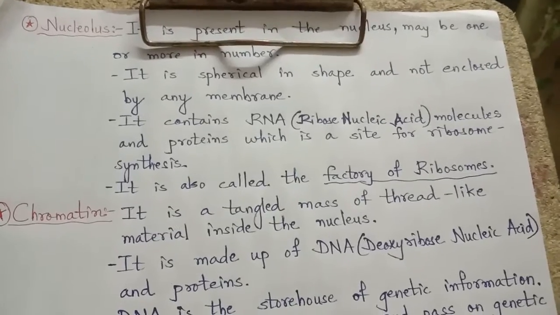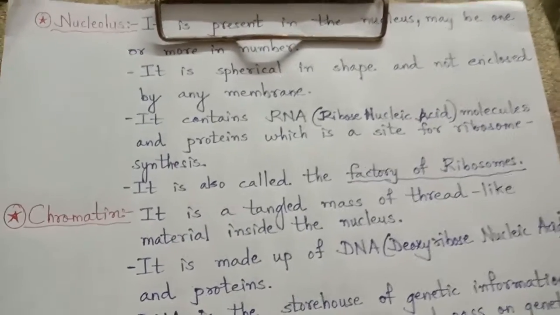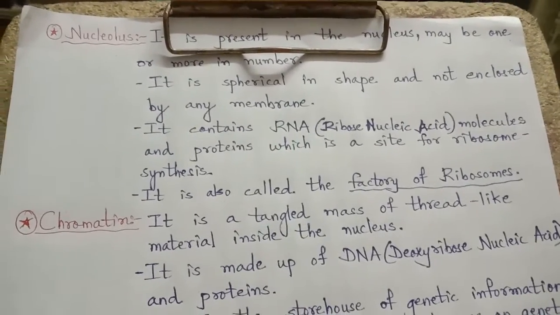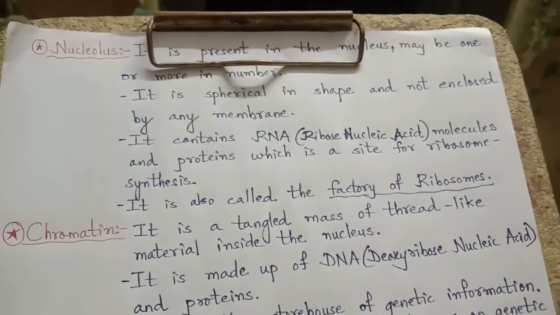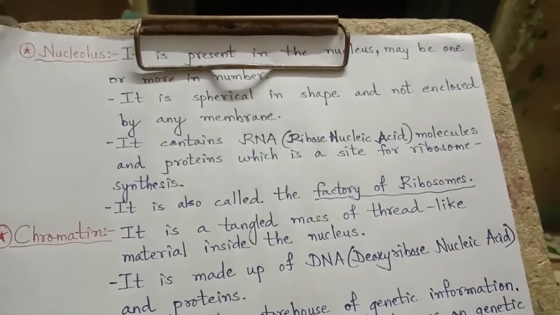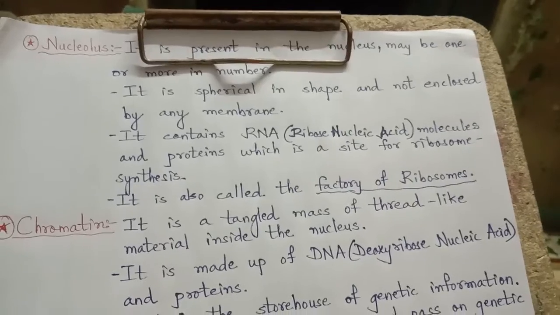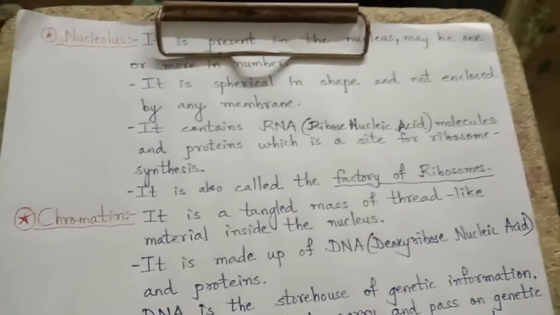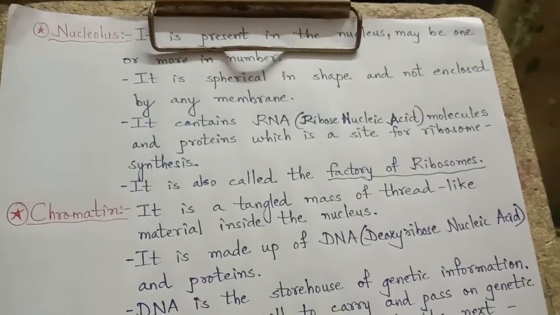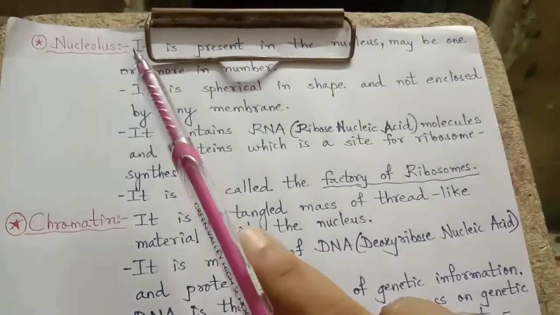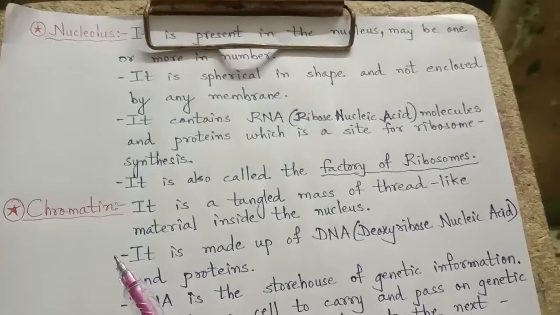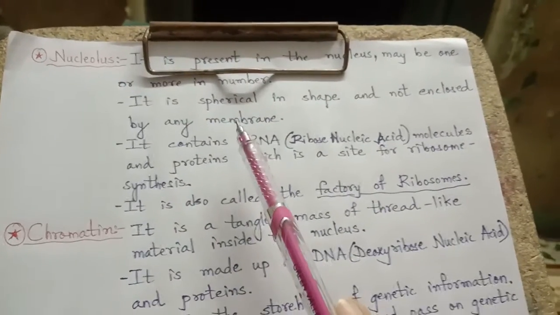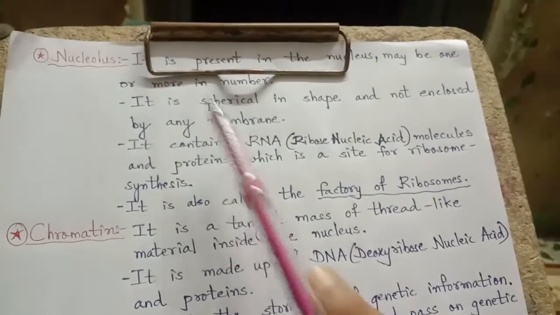Good morning, dear students. In the last video, we have seen about the nucleus, its nuclear membrane, nuclear pore, nucleolus, right? Now, in the nucleus, we have seen that two cell structures are present, and that is nucleolus and chromatin. So, what is this nucleolus and where is it found?